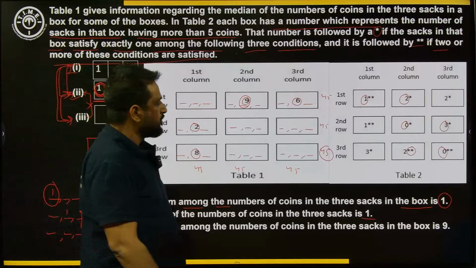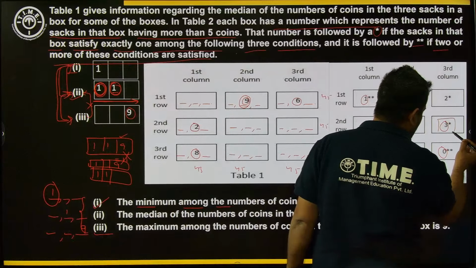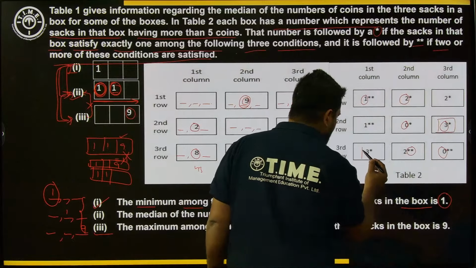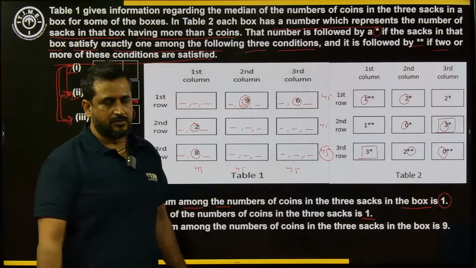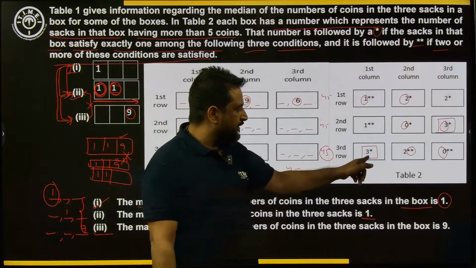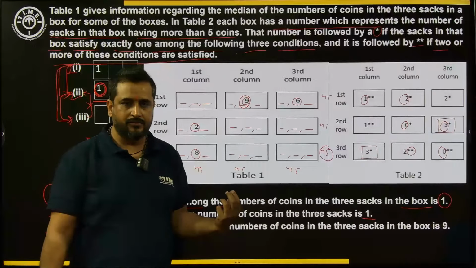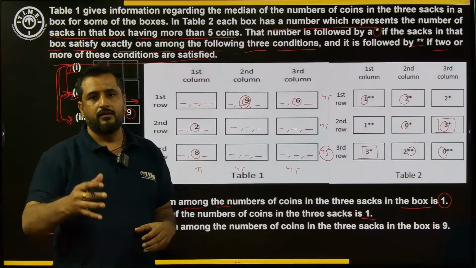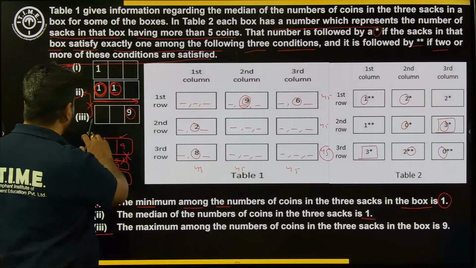Okay, fine. Now let's move further. All right, I will pick up this number. While going through it, I understood this point. There are 3 numbers which should be more than 5, because the number given here is 3. So all the 3 sacks in that box should definitely have more than 5 coins. And already we discussed in the previous slide,